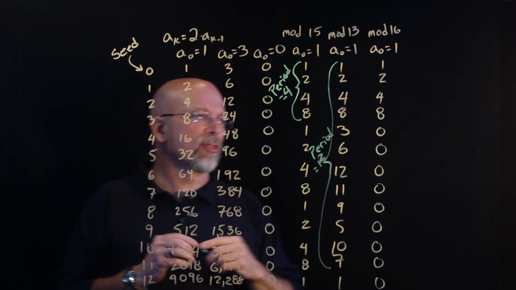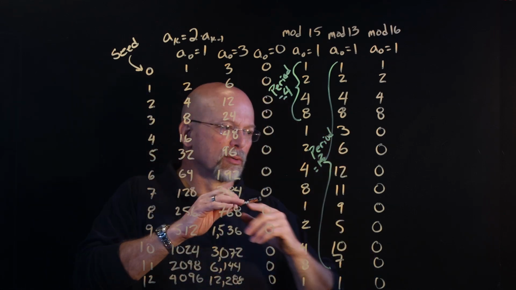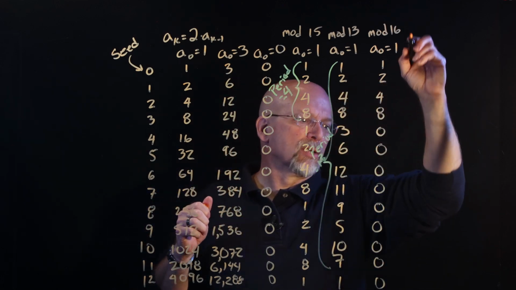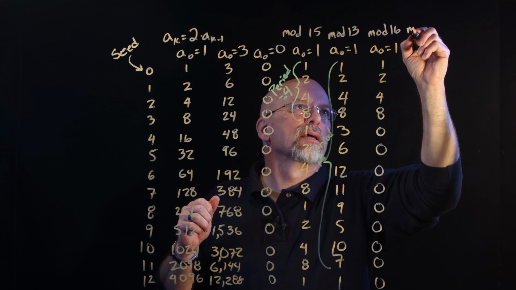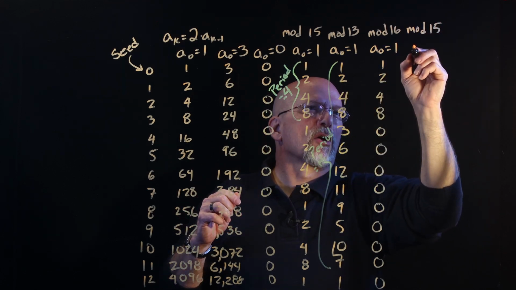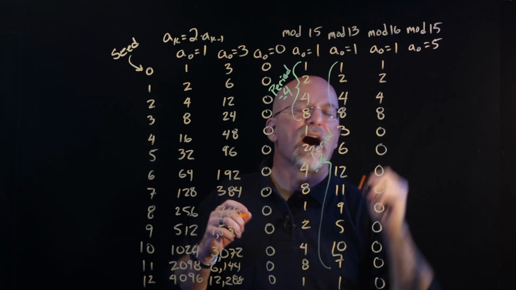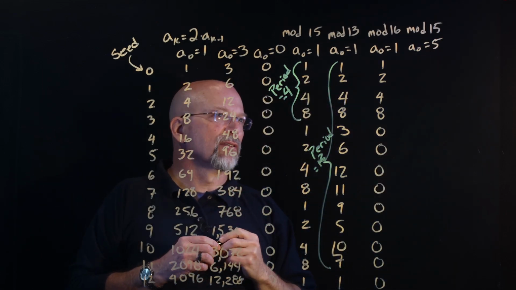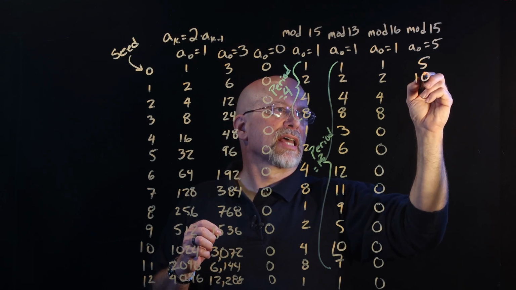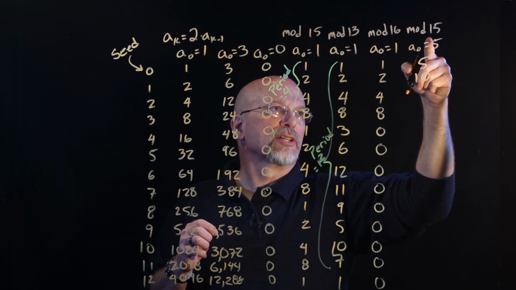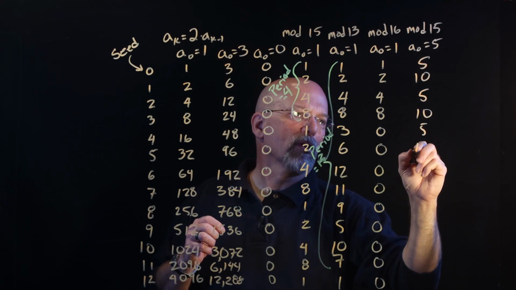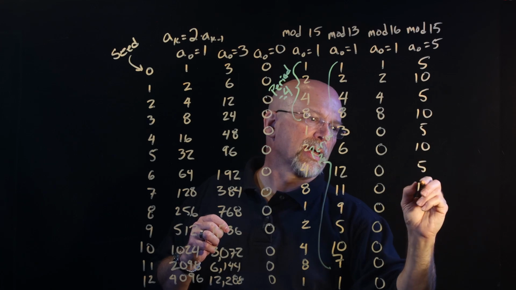Now, one more thing that I want to talk about in terms of this sequence. We're going to do a slightly different seed. We will go back to this mod 15. And this time we're going to start with a seed of 5. Now with a seed of 5, start out with 5, and then we do 2 times 5, that's 10, and then 2 times 10 is 20, but 20 mod 15 is 5. And so we're going back and forth here between 10 and 5